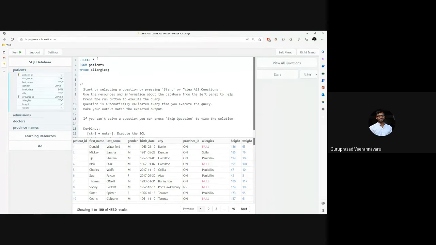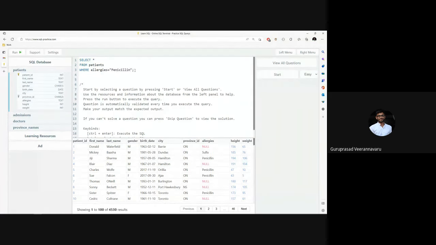And I want to see the patients who have allergies as penicillin. So what I'll do, just do an equal. Equal says that whatever is the content inside this column, it should be equal to whatever I'm giving here. And this allergies is a string, because it is not a number. So if it is a string, we'll put it into double quotes and then add the content here. So now if I do where allergies is equal to penicillin,